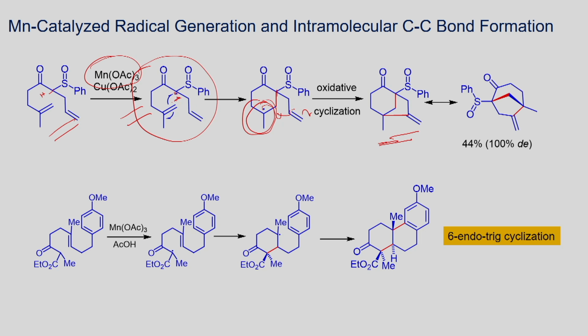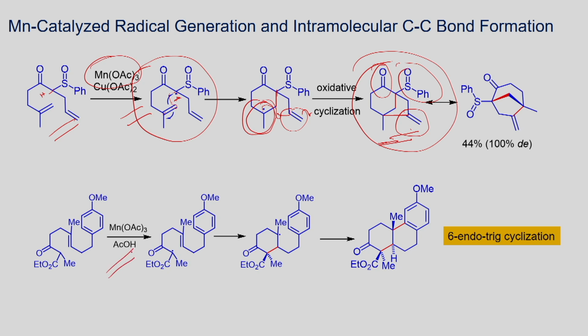Once you form this radical, it can undergo reaction intramolecularly with this double bond to form a 6-membered tertiary radical. This radical undergoes further reaction with this alkene, and you form a 5-membered exocyclic radical. That radical can now convert into an alkene. In this way, you will be able to make this bicyclic system where you have the carbonyl group, the sulfoxide substituent, and the alkene. You can make this multifunctional bicyclic system using radical reaction.